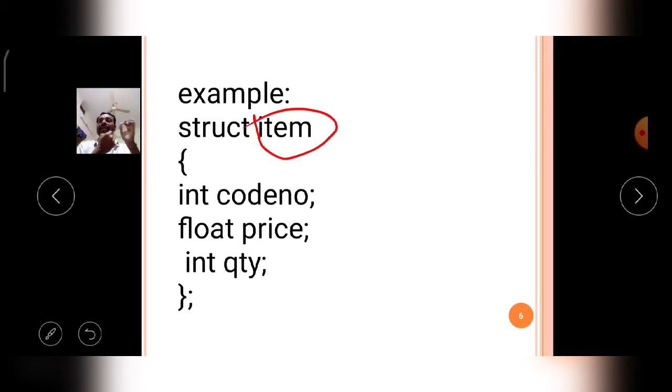Then each item in the supermarket has its price. Then each item has a quantity, the quantity of a particular item. That's why here I am constructing, according to the requirement of the program, the structure data type.